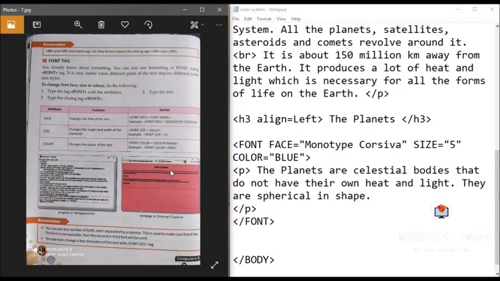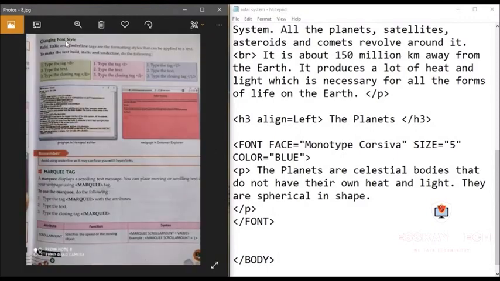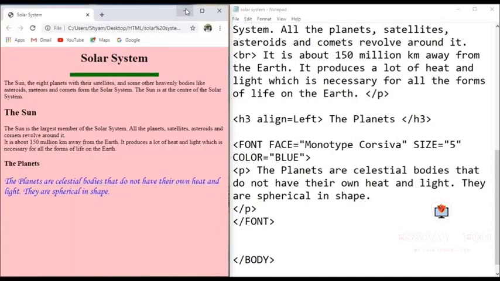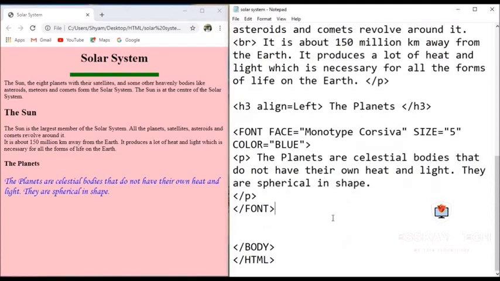Now, after the font tag, there is another very important thing that we have. This is called as the style of the font. As you know that there are very important and very commonly used font style in our computer. They are the bold, italics, and underline. Now, if you have got some text to have the bold style look, or the italics look, or the underline look, then we can use the text. Like